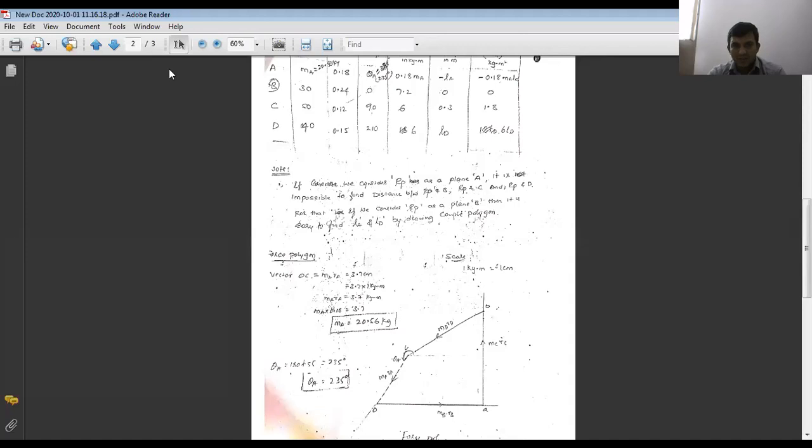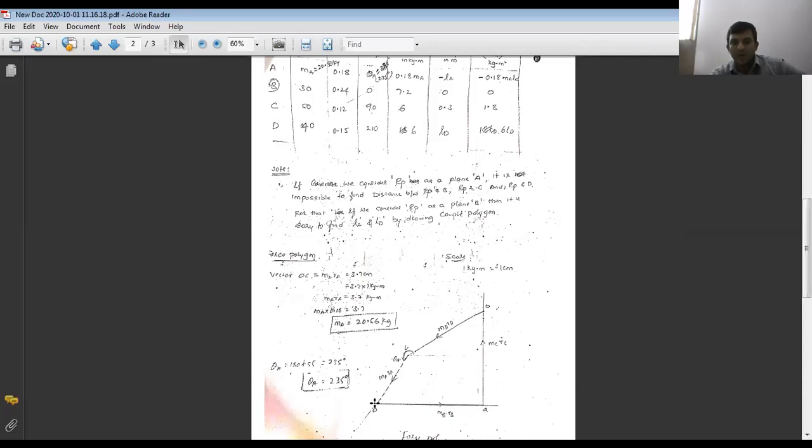Now for the first mass A, MA rA is unknown in magnitude and orientation also unknown. The first one you can't draw here. Go for the second one. Second mass, MB. Magnitude is known, 7.2. What is the orientation? 0 degree. First draw an x-axis and y-axis. The intersection of x and y you get as the origin. From the origin draw a 0 degree line. Plus means towards the x direction you draw the 0 degree line. Along the 0 degree line, with 1:1 scale, measure 7.2 centimeter.